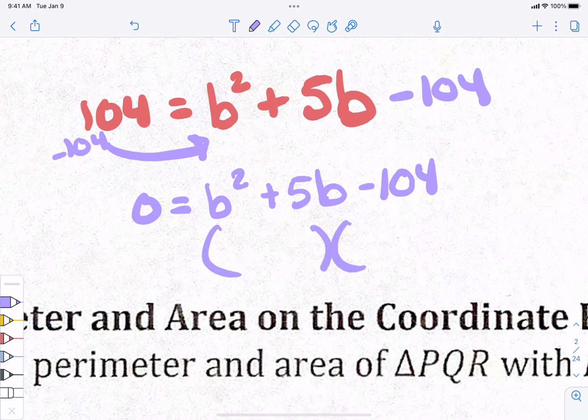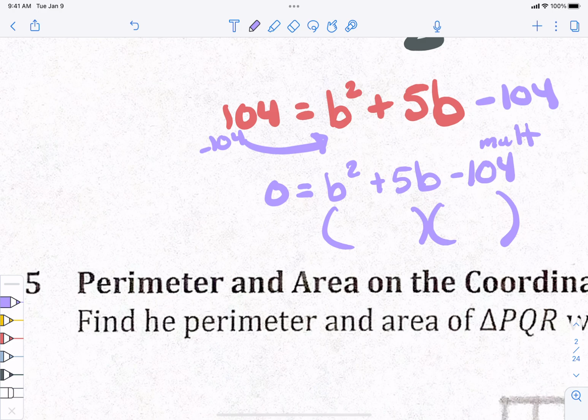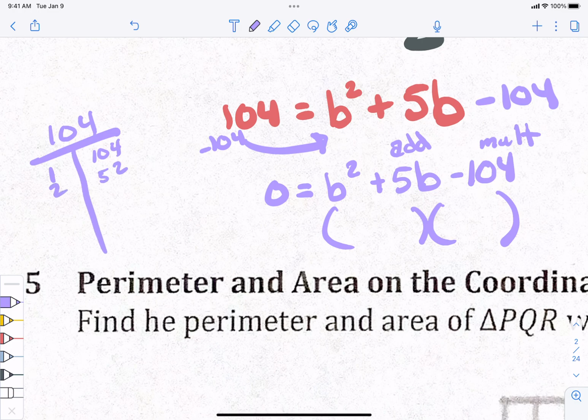And then we're going to break it down. So we have to figure out what we multiply to get 104, but when I add them, give me 5. So I have 104 over here. Would be like 1 and 104, and 2 and 52, and 3 doesn't go in there, and 4 does. 4 and